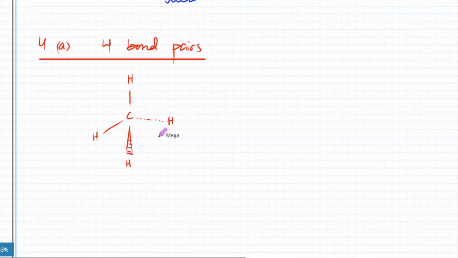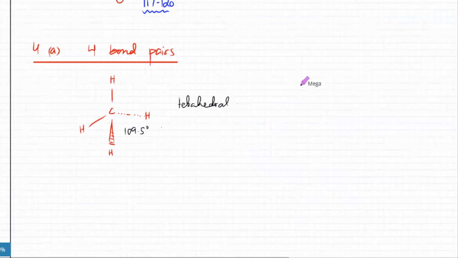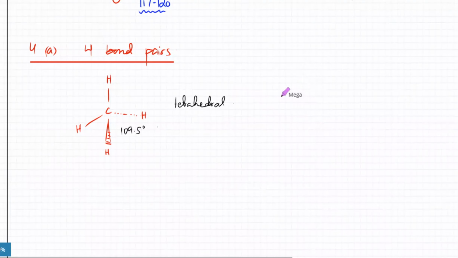So I've got CH4 that's going to be tetrahedral. We did that previously as well. So that one is tetrahedral, and the angles are 109.5 degrees, and all of them are exactly the same. And for the other molecules, whenever you have four bonds, the bonds could be any type, you can have dative bonds as well. Like if you have NH3